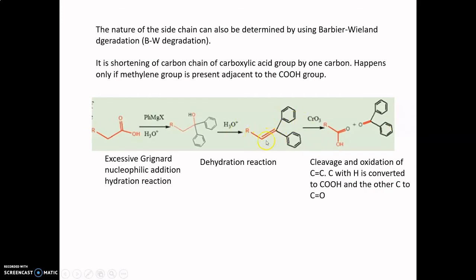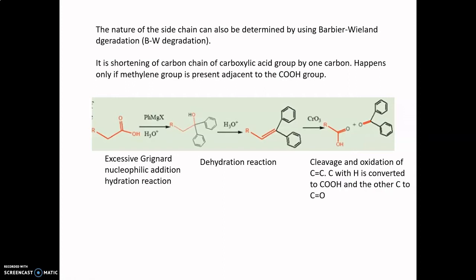Here you can see this carbon, to which R is attached, has a hydrogen also. So this particular system becomes the carboxylic acid group, and the fully substituted carbon becomes the keto group. So this is Barbier-Wieland degradation. We are not going into detail on the mechanism, as you will be studying that elsewhere. Just understand that